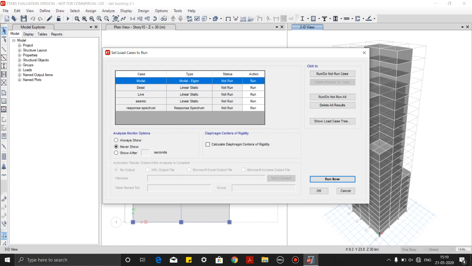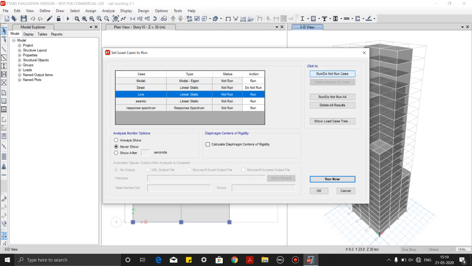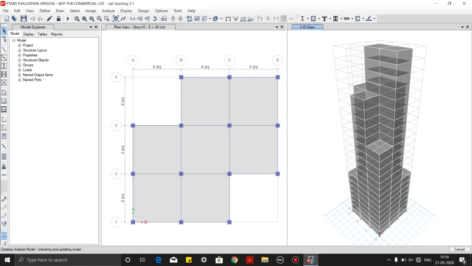While seismic analysis we should not consider the dead load and the live load. We will only consider seismic and the response spectrum and click on run now. So we have to wait for the analysis that the software performs. Once the analysis is completed, we will be able to know the deflection and the reactions at the joints.